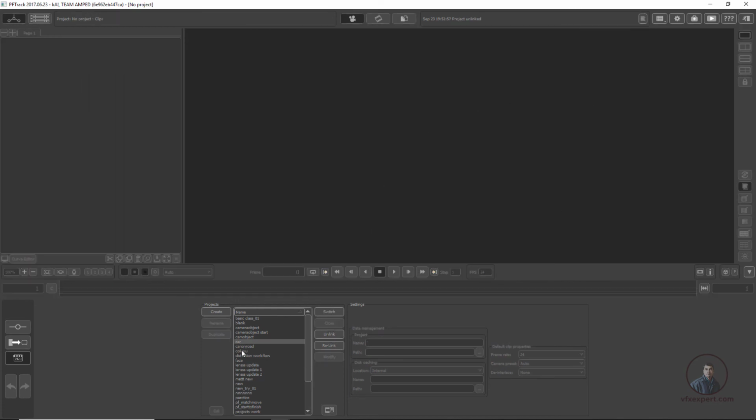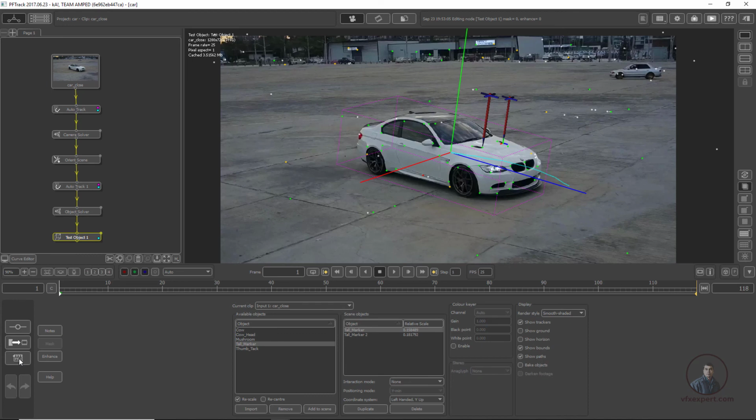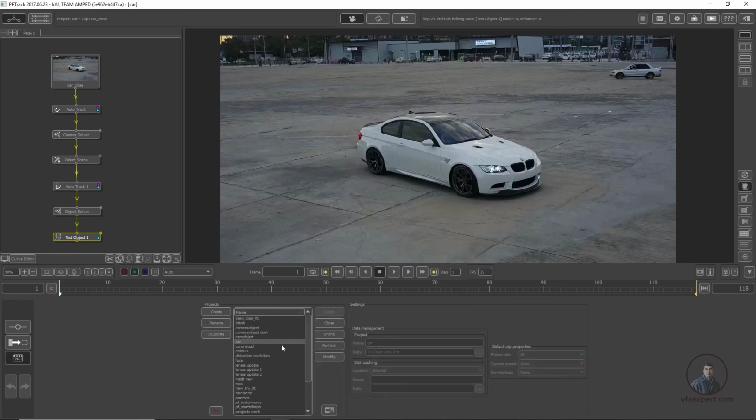Now click on our car project here. Just double click here. I have loaded this one again. Again click on project folder. Now suppose you want to delete your project permanently, then first you have to load your project here. Then from the downside you will see the delete option. If you click on delete, it will remove your project from this list, and also it will completely remove this project from your hard drive.